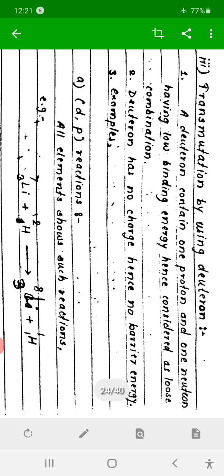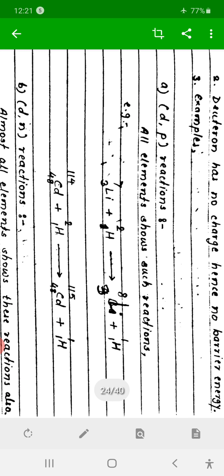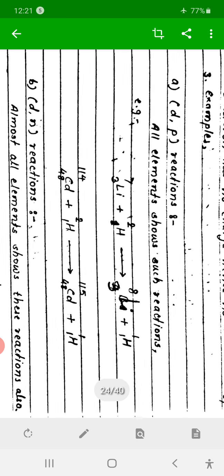Deuteron has no charge, it is neutral, and therefore there is no barrier energy and no nuclear repulsion. Therefore, it is also a good projectile because no barrier is there. And therefore, examples of this